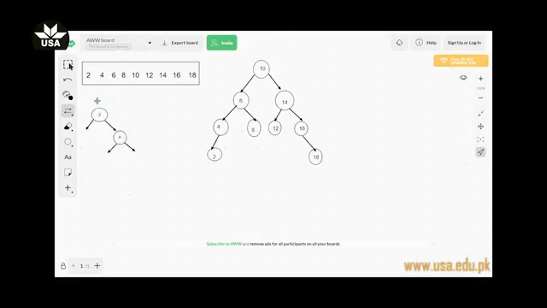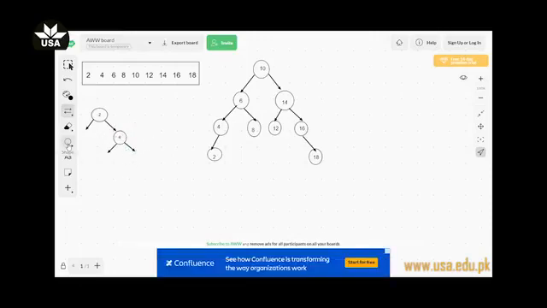Next value to be inserted, for example, is 6. Again started the construction from the root node. The value is greater than 2, so we will move towards the right side. Again we will compare with 4. The value is again greater than 4, so we will again move towards the right side. Currently the right child of 4 is empty, so we can create a node with value 6, which means a node will be the right child of 4 and the node value or data is 6. Currently the left child and the right child are null for this node.